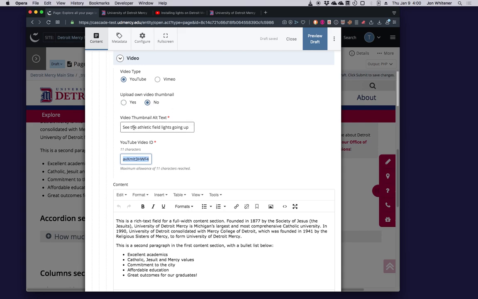And your videos will have a preview image automatically. Very often the automatic preview image is not great, so you can upload your own. There's an option here. I won't cover it right now in the interest of time, but you can upload your own video thumbnail or preview image, also called a poster image.